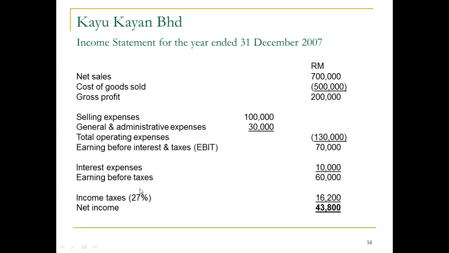These figures can vary according to the tax rate imposed by the government. So with an income tax of 27%, it will equal about 16,200. How do you get 16,200? You take the 60,000 and multiply with 0.27, then you get 16,200 ringgit. So your net income is